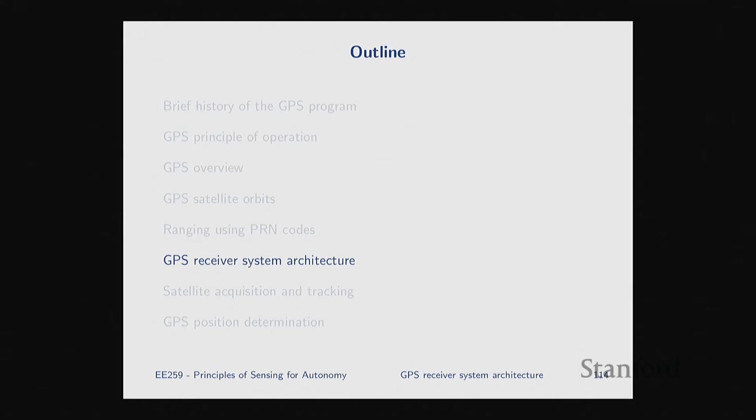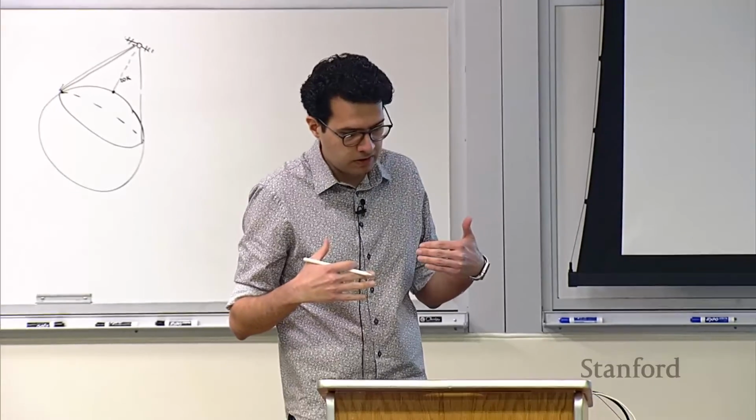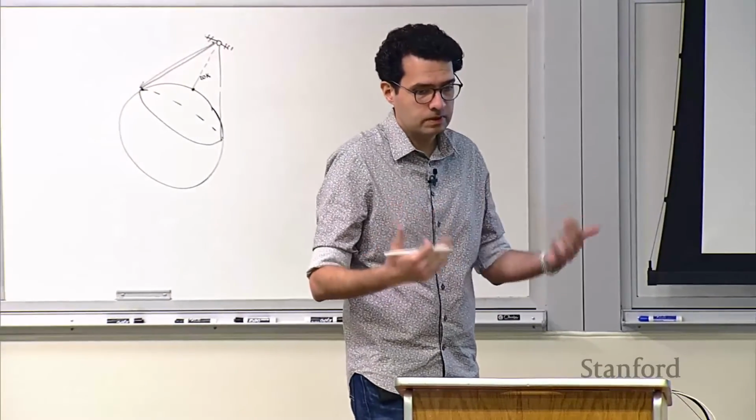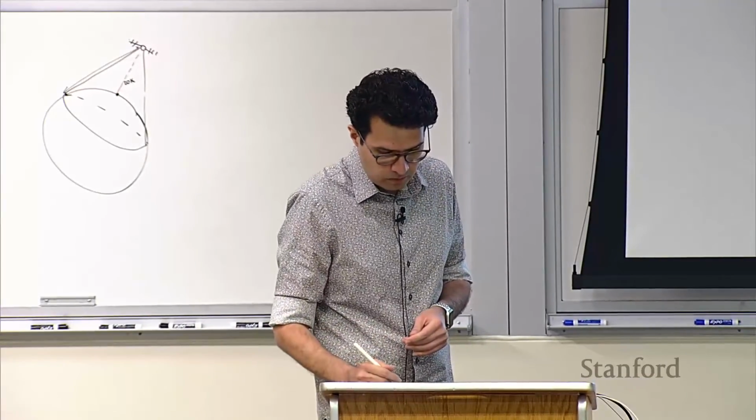we talked a lot about the physics. We developed a signal model. We also developed a mathematical model of how ranging using these codes work. Now we are at a level where we can start looking at the GPS receiver from a system level, right? So now we're going to build a system model for the GPS